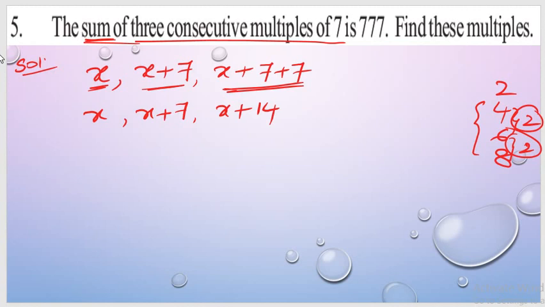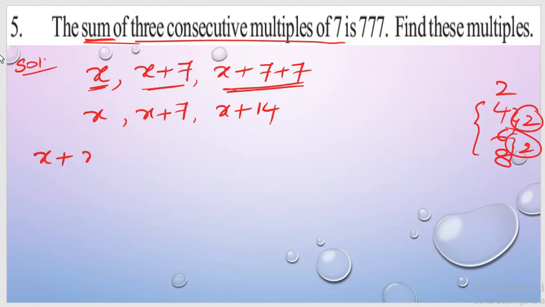So here, the thing you need to understand is, if he says multiples of 7, then for this x, 7s will be added one after the other. Likewise, if you have multiples of 2, that means you will be considering x plus 2, x plus 2 plus 2, right? Now on simplifying this, what is the condition given?